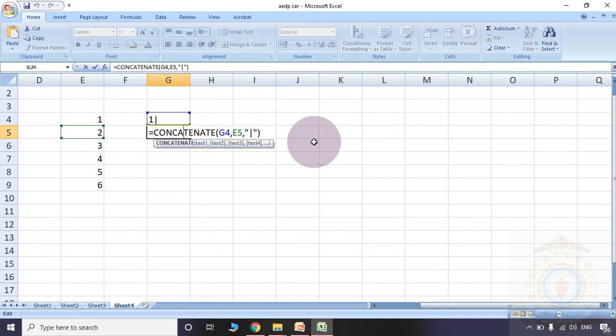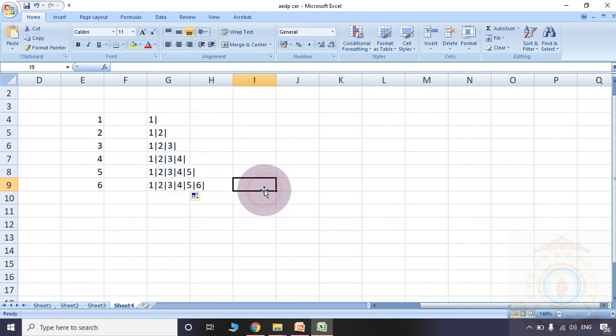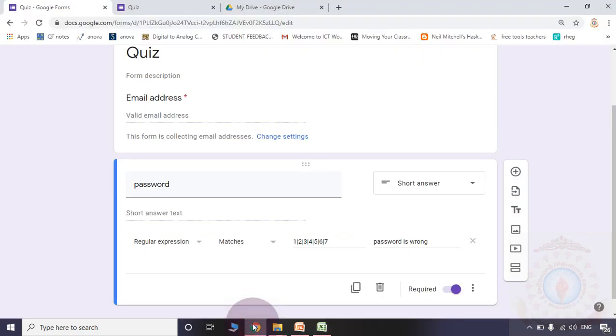Now no need to write the formula for every cell. I am clicking here. Simply I am dragging, means for the individual numbers I am putting the passwords like 1 2 3 4 5 6. So I am getting a sequence in this way by using a formula in the Excel sheet. Simply I may copy the last line and I may paste in this place as the password.